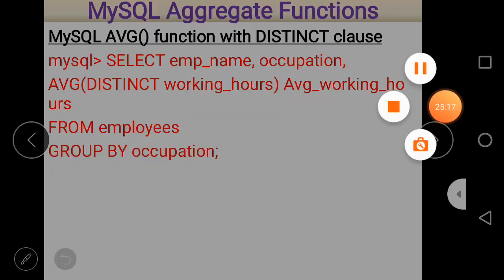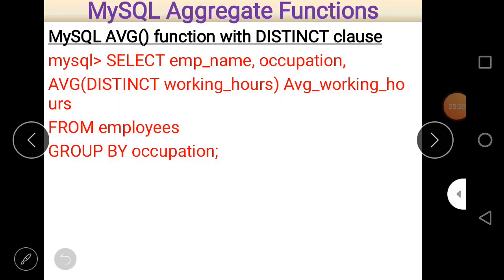Now our next or last topic regarding average is the distinct clause. As you know, the distinct clause removes duplicate rows and considers them as one unit. So whenever there is a duplication and we want to remove it, it is possible using the distinct clause.